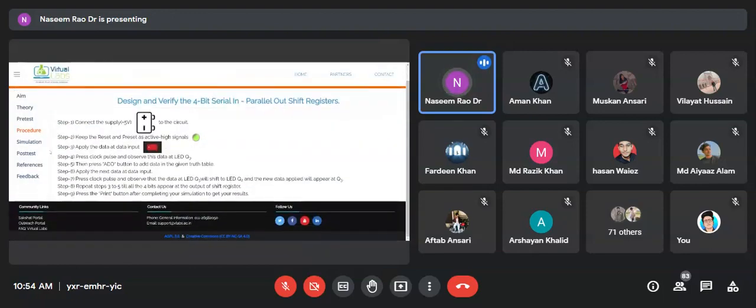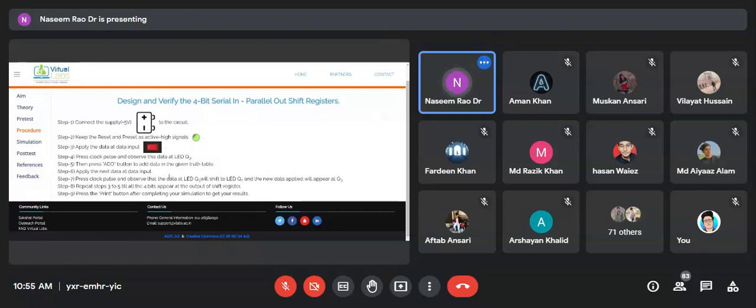ठीक है, यहाँ पे प्रोसीजर लिखा हुआ है कैसे कैसे कनेक्ट करना है। Connect the supply voltage to the circuit, एक बार इसको प्रेस करते हैं और keep the reset set active high, this is the green. Apply the data input through this button, तो जीरो इज ऑफ स्टेट, रेड इज जीरो इज ऑफ स्टेट एंड अनदर इज ग्रीन इज वन स्टेट। Press the clock pulse, observe this data Q3। फिर उसके बाद प्रेस द ऐड